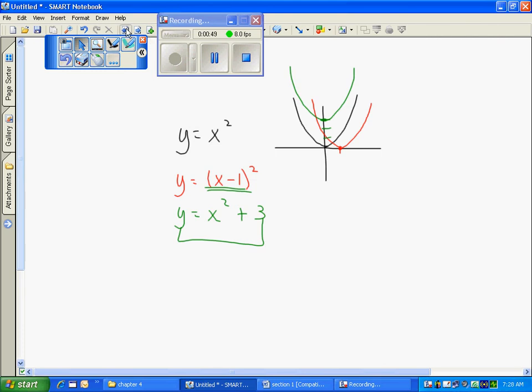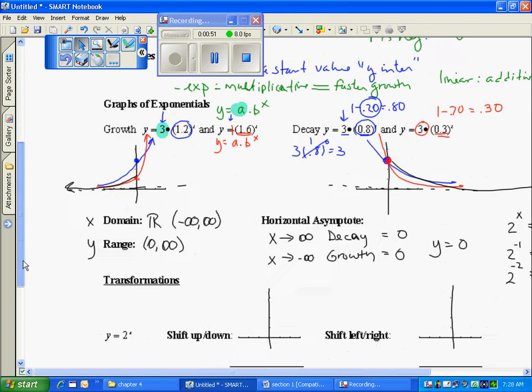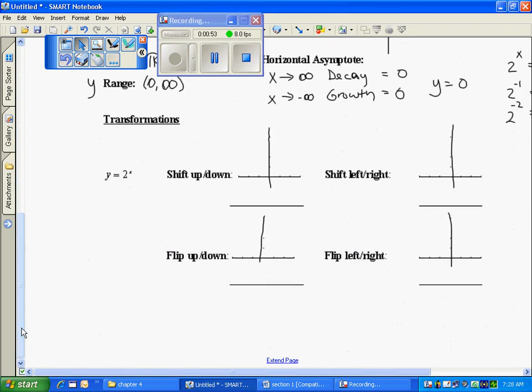So let's go back and take a look at these transformations and see how they actually operate the same way. So my first graph on here, 2 to the x, if I just graph 2 to the x, we need to recall y equals 1 times 2 to the x, start value, and it's got a pretty fast rate. Now what I want to do is take this graph, exactly the one that I have here, and I want to shift it